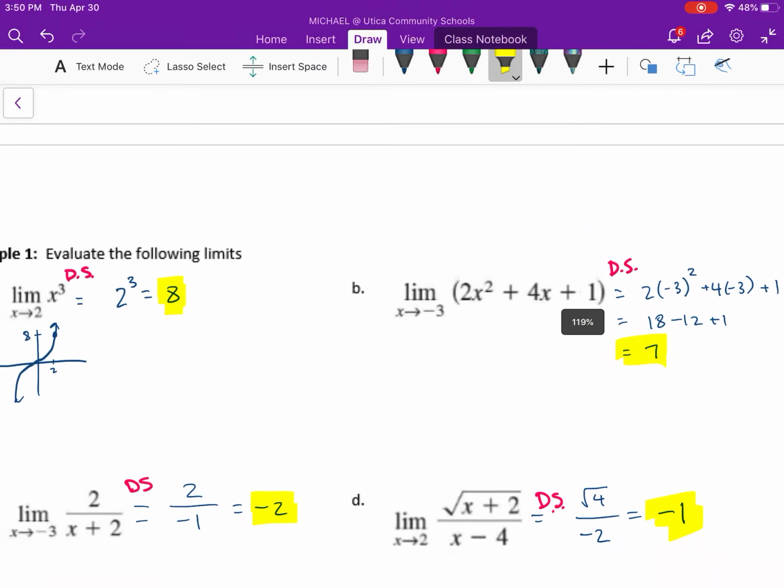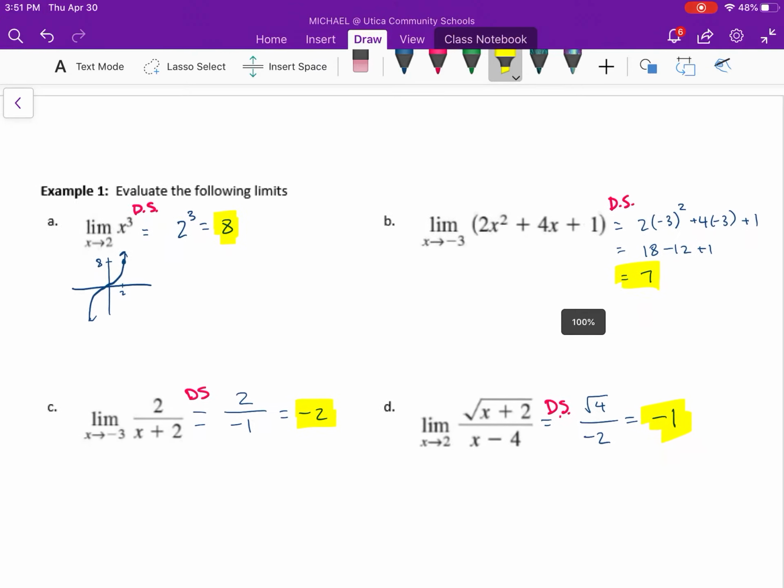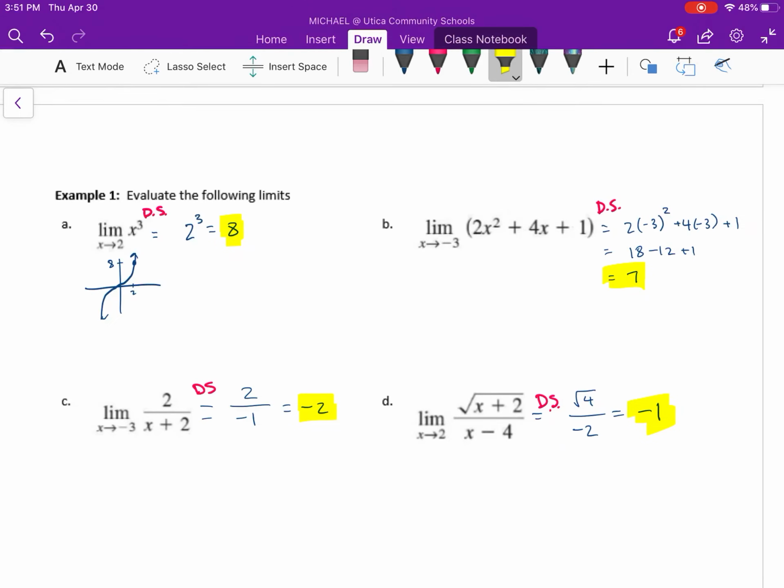Okay, I'm assuming that you have finished examples C and D, very similar to the first two. Doing direct substitution, you can plug in a -3 for example C and get an answer of -2. Same thing with the direct substitution in part D, and you get an answer of